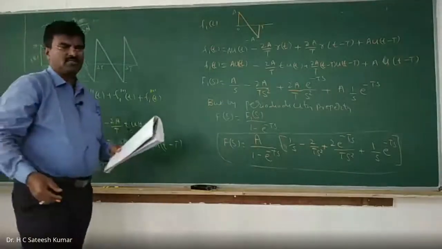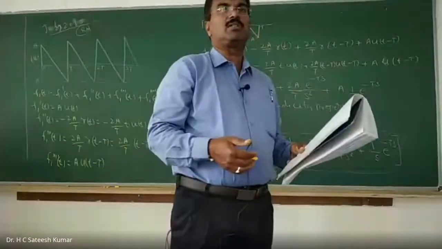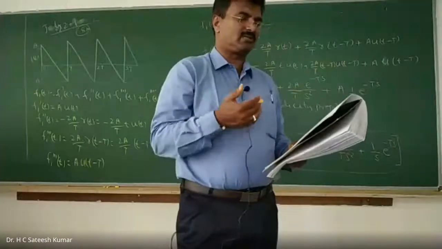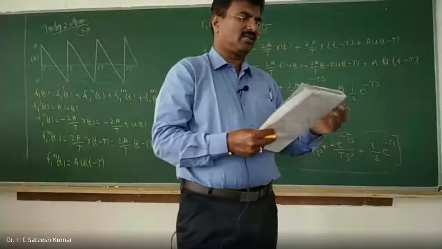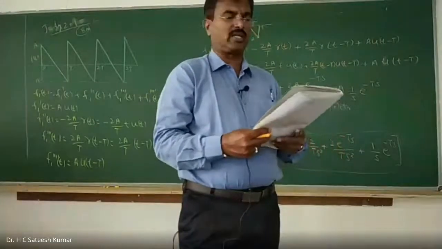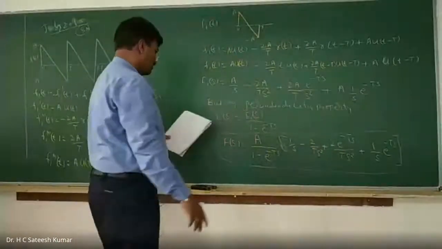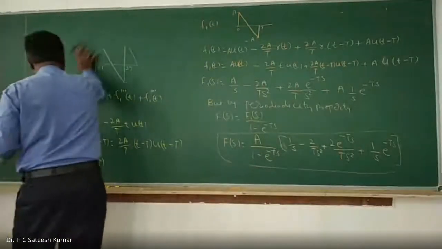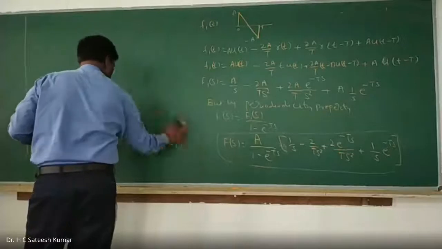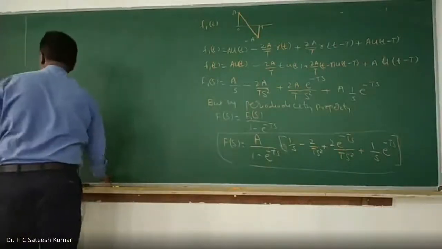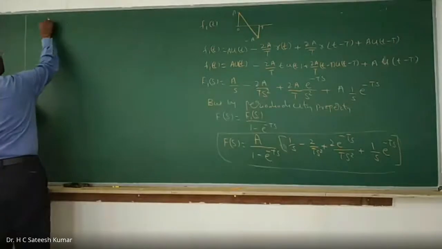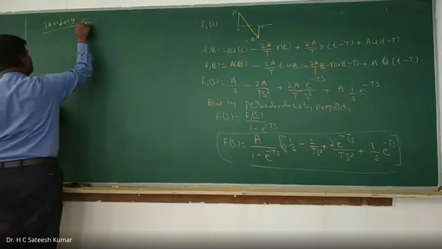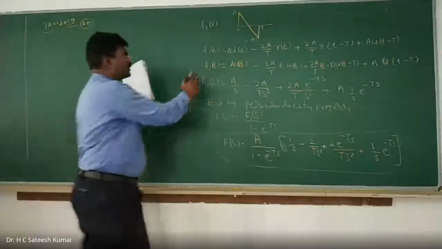Now, apart from the ramp and step, sometimes they will give sinusoidal waveforms also. Some of the papers we have seen thrice in the examination, and a recent appearance in January 2019. We have one question. The shape is like this. It is a rectified waveform. Let me see how to solve this kind of problem. This is another examination problem from January 2019, recent appearance, 8 marks. How to solve this kind of problem?